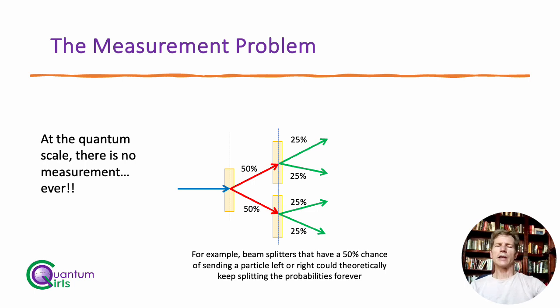So we know in quantum mechanics there's two types of equations. One which describes the wave function, the function that describes the wave, and one that describes what happens when you measure that wave. But what exactly is a measurement? At the microscopic level, there's no such thing as a measurement. We just see evolving waves that keep changing according to the equations of quantum physics.